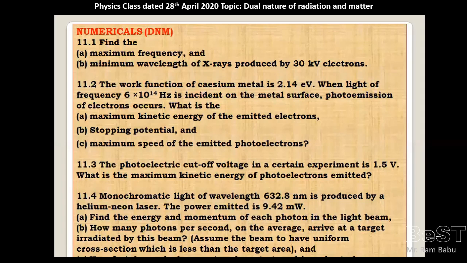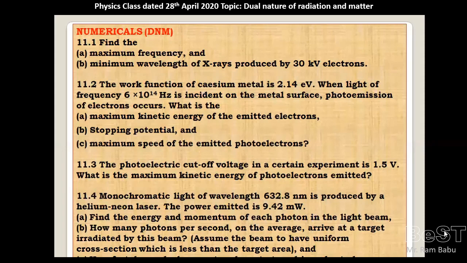When light of frequency 6 into 10 power 14 hertz is incident on the metal surface,